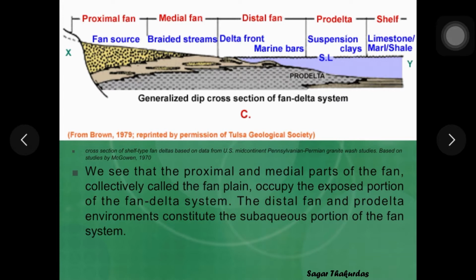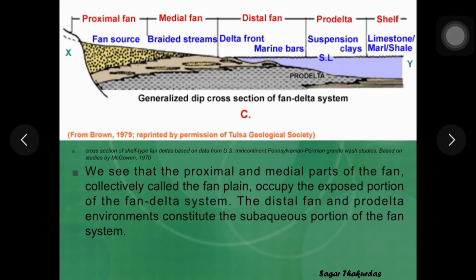Again, carefully, if you see this, this is the cross section of a fan delta, where you can see different parts of this delta. This is proximal fan, medial fan, then you can see distal fan, pro delta, and then starts the continental shelf.